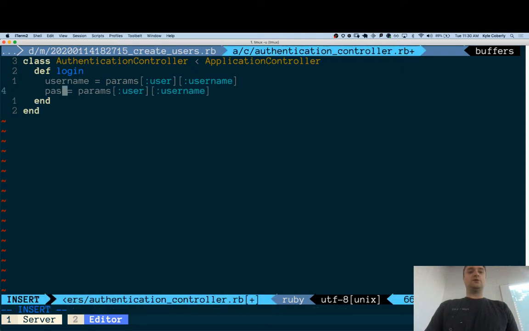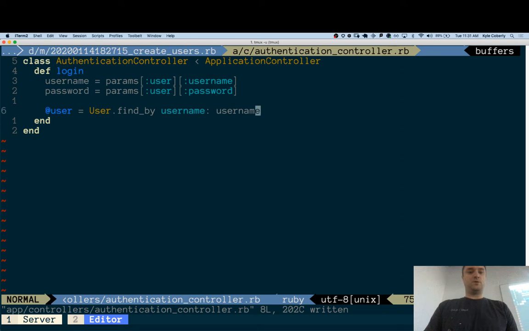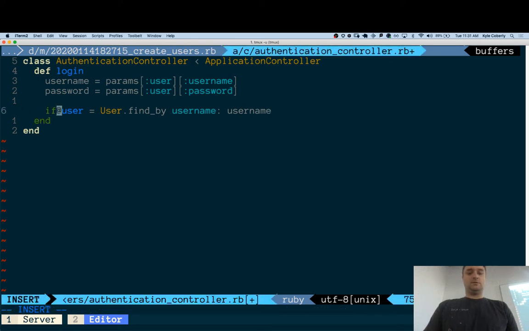So I can grab the username, I can grab the password, and then I can say something like @user is User.find_by username. I can say if